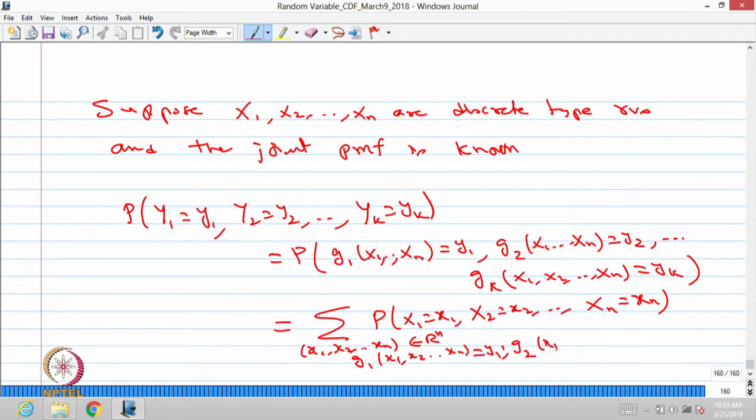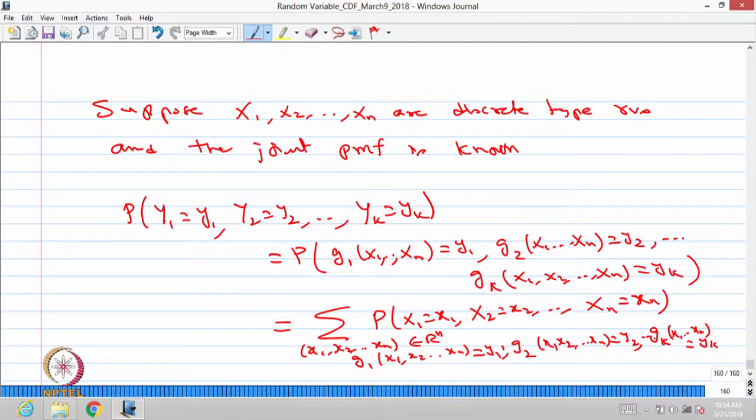Similarly, g2 of x1, x2, ..., xn is the same as y2 and so on, gk of x1, x2, ..., xn is the same as yk. If you make a summation over these conditions, that means all the xi's belonging to Rn, and g1 is the same as y1, g2 is the same as y2, like that, gk is the same as yk,